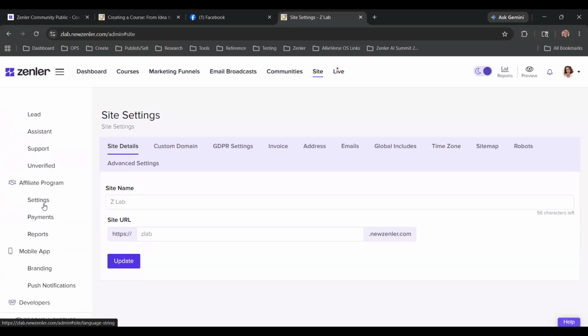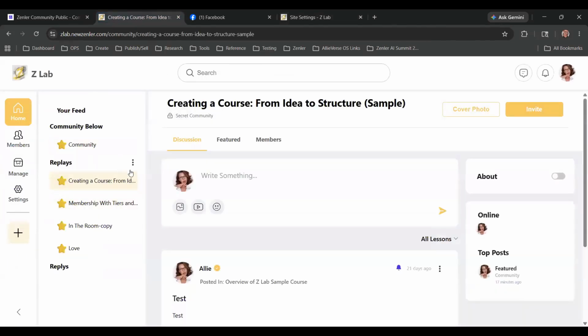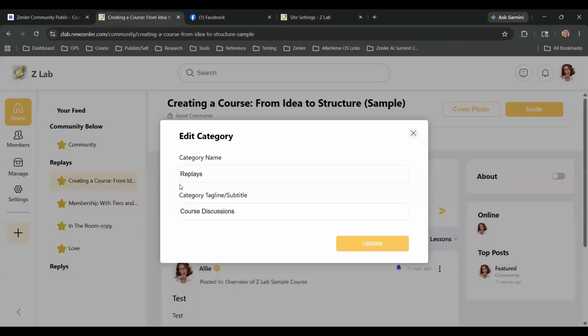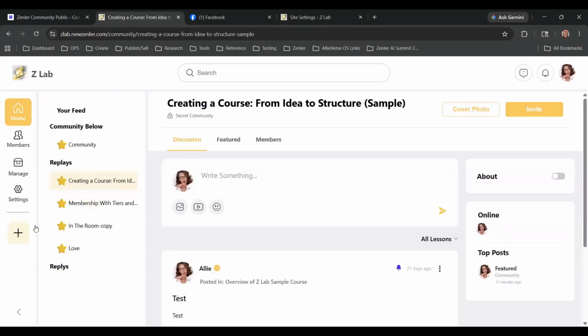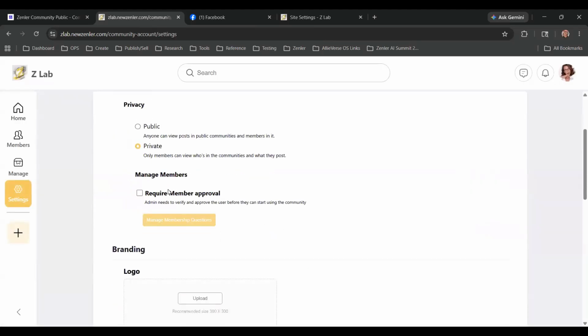I'll send a message to the team to ask about that, because I feel like it's just a setting that I don't use or haven't seen in a while, but there was some setting somewhere that got rid of this. And let's see, if I do this, edit, that's not it. Maybe if I do it this way. Settings. Okay, that's the site.